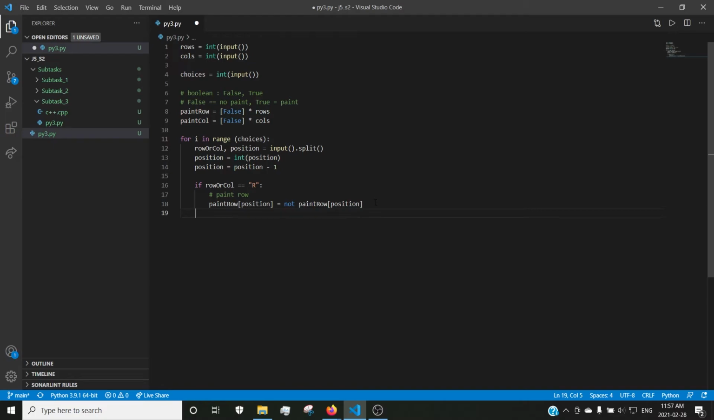And now we're going to do the same thing for columns. Otherwise, if the row or col isn't equal to R, that means they want us to paint over a column. And we're going to do paint col at that position is equal to not whatever's already at that position. So now that we've finished getting the input and manipulating whether or not the artist wants us to paint over a specific row or column,